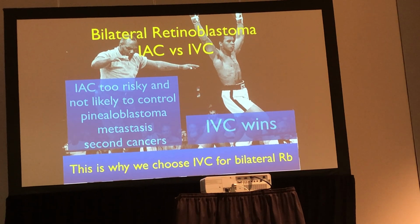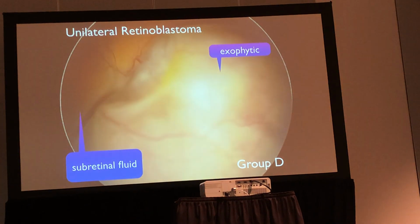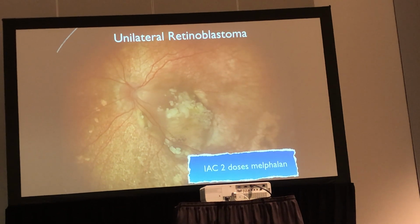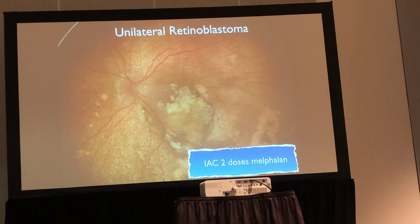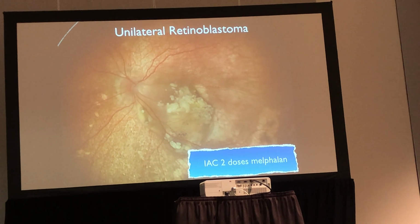Not everyone agrees with this. So let's look at a few cases. Here we see unilateral retinoblastoma, exophytic group D, subretinal fluid nasally. We give 1 dose, 2 doses of intraarterial chemotherapy, and you can see how this tumor shrunk down beautifully. Flat retina, a little bit of mottling of the RPE, but this child has the eye saved and maybe with